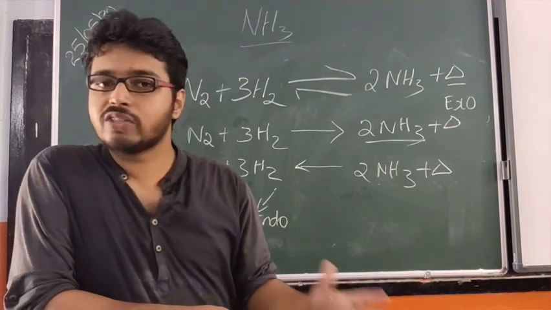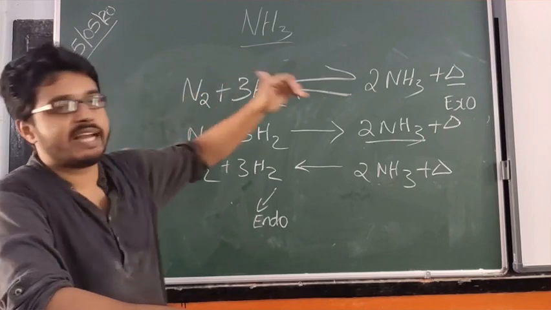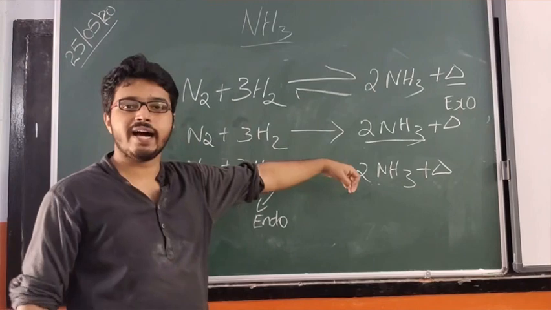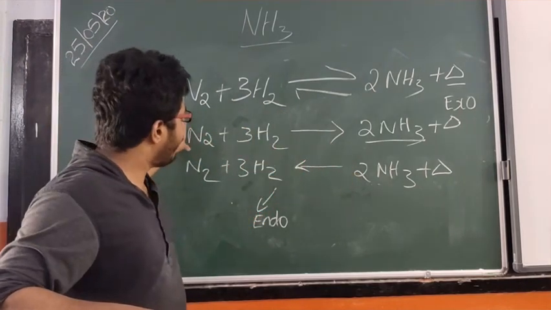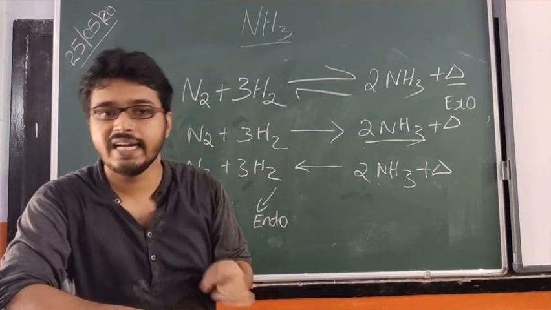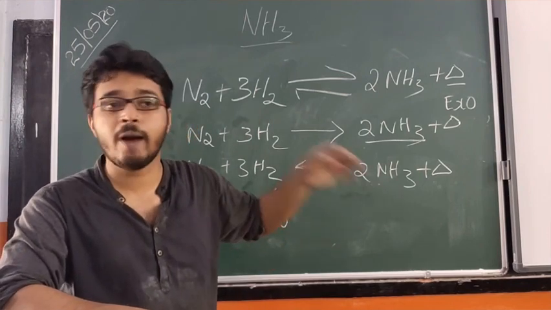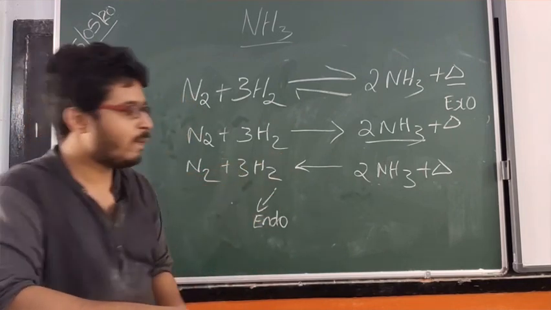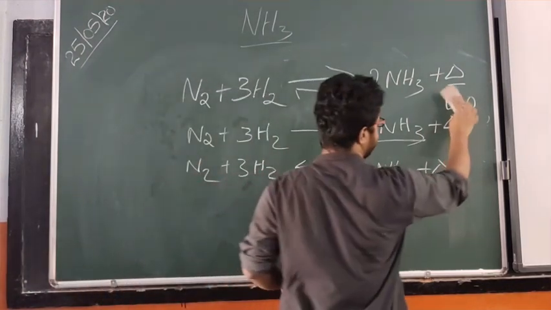Okay, so in other words, you can tell it likewise. The first reaction, or the forward reaction, or the reaction to form ammonia, prefers the increase in temperature. Okay, or whenever nitrogen and hydrogen react to form ammonia, temperature increases. And when it is opposite, whenever the ammonia decomposes, the temperature decreases. Okay, so just keep that in mind, and write the exothermic and endothermic part.